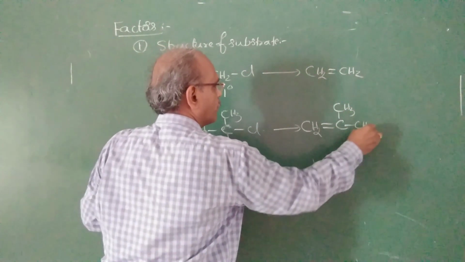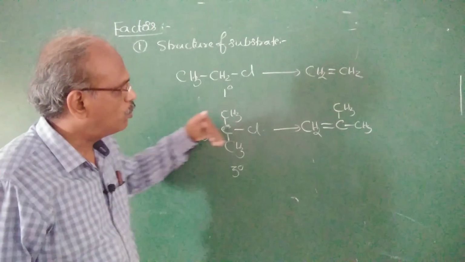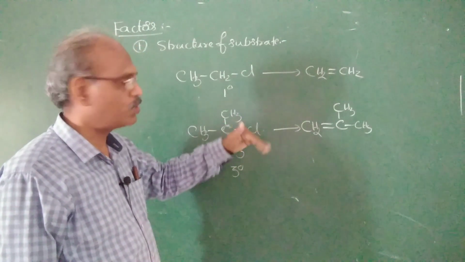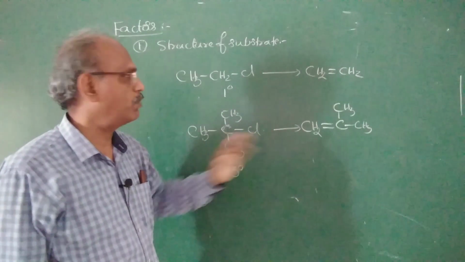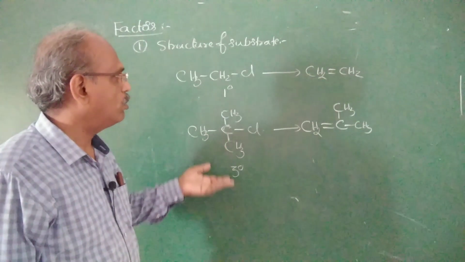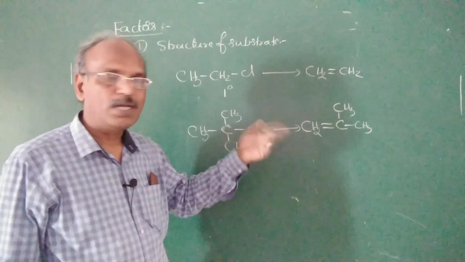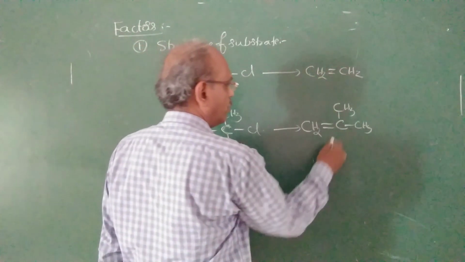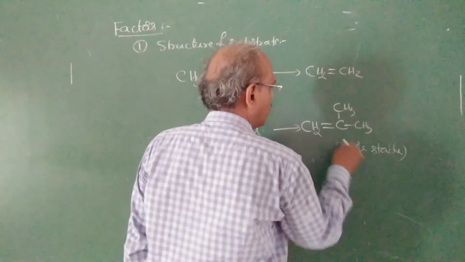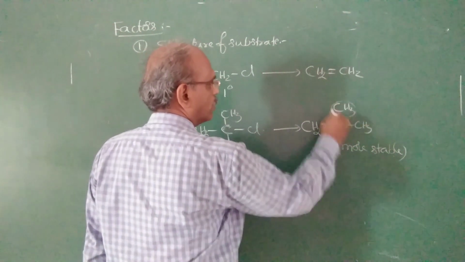CH3, CH3. Generally, how do you decide the direction of a reaction? Either through the intermediate or through the final product, based on the stability of the final product or the stability of the intermediate. But the E2 reaction is a single-step process, so no intermediate, only a transition state. Now based on the final product, let's decide. See which is more stable. This is the more stable alkene.